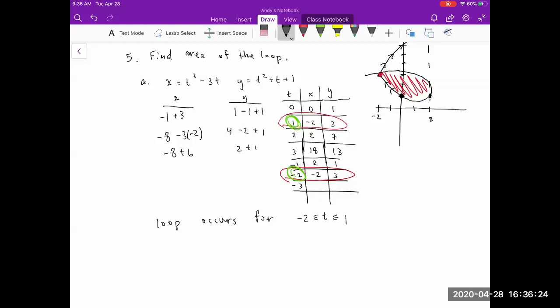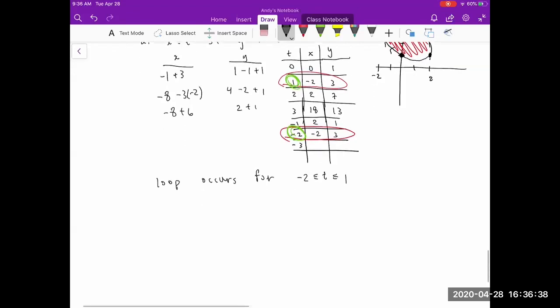And like I said, for this reason, the exam version of this question, number 5, will be a little more obvious in the sense that I think I'll actually just straight up give you the bounds of integration. So now let's recall the area formula for parametric curves is the integral between the bounds, in this case -2 and 1, of